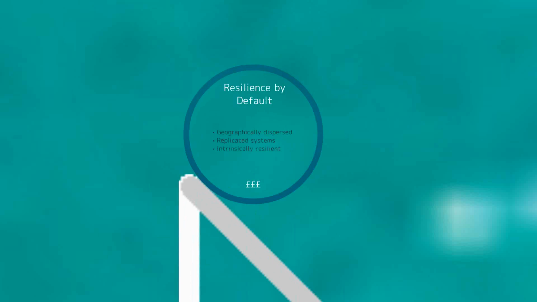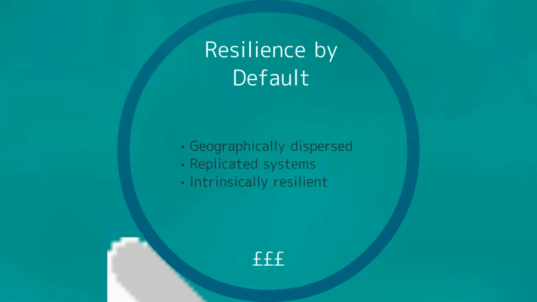And if we look at the kinds of resilience that this encompasses, and we call it resilience by default, we're talking about companies that are often geographically dispersed. Think of retail, where you've got more than one office or several hubs, so they're all interdependent and there's no single point of failure in the business. They will usually have replicated IT systems, highly expensive and usually run in-house with expensive communications between each site. And the businesses themselves are intrinsically resilient. By that, we're generally talking about larger national companies that have multiple sites and locations.